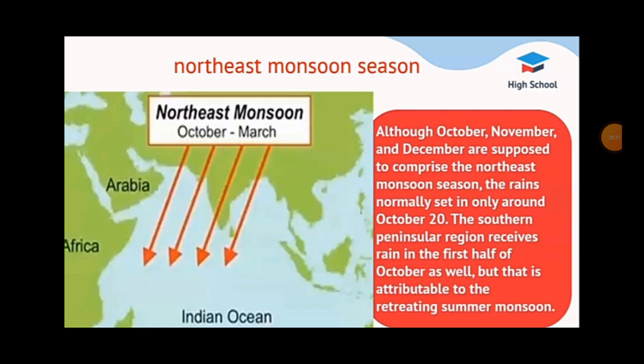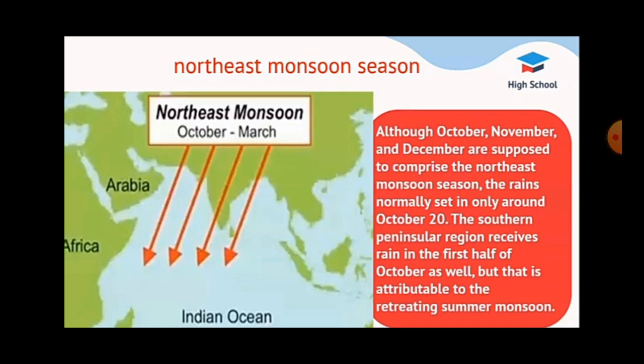The season is associated with the establishment of the northeasterly wind system over the Indian subcontinent. Andhra, Tamil Nadu, Kerala and South Interior Karnataka receive a good amount of rainfall. Many parts of Tamil Nadu and some parts of Andhra and Karnataka receive rainfall during this season.